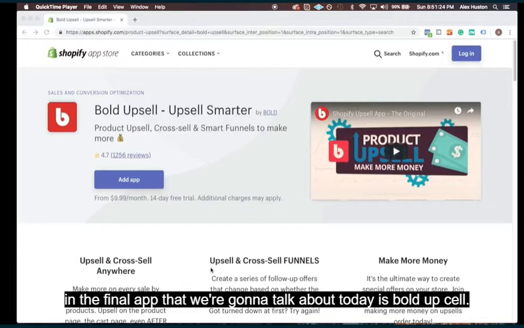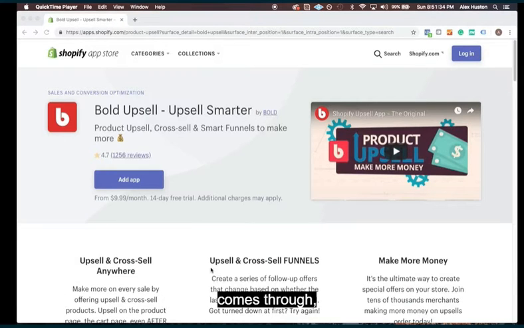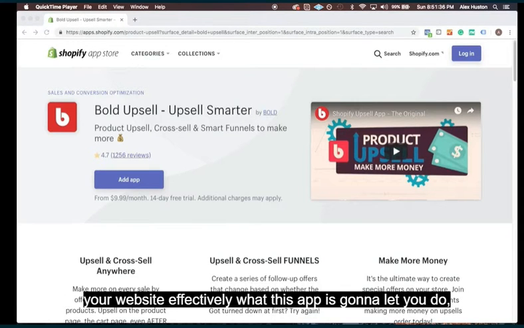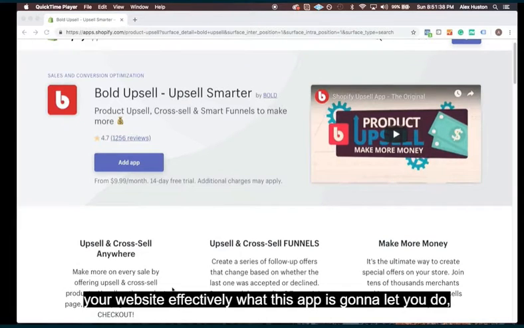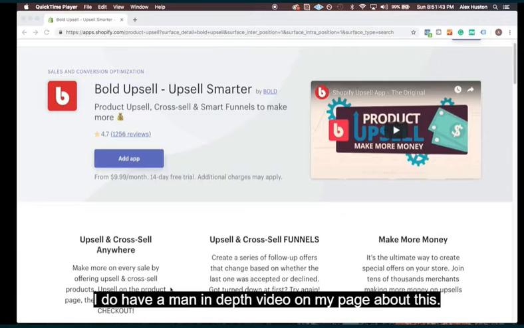Okay, and the final app that we're going to talk about today is Bold Upsell. This is a great app to increase the average order value of each potential consumer that comes through your website. Effectively, what this app is going to let you do, and actually, before I dive in,